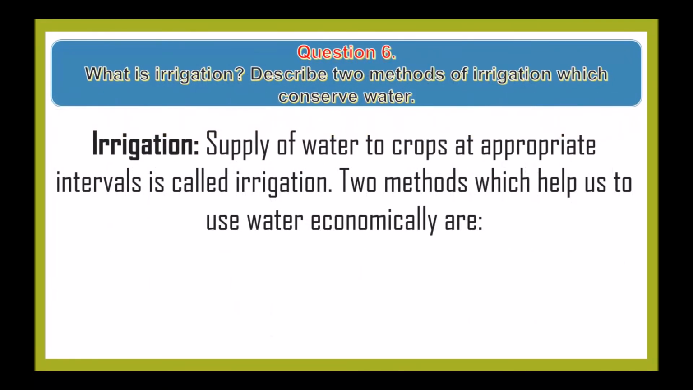Next question is, what is irrigation? Describe 2 methods of irrigation which conserve water. So irrigation: supply of water to crops at appropriate intervals is called irrigation. 2 methods which help us to use water economically are